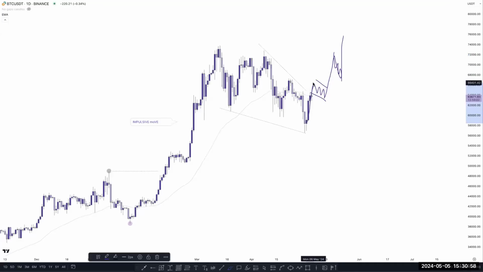Why? Because this is impulse and this is a correction and this is impulse. So we can expect in Bitcoin in upcoming days, overall structure looks bullish here. Right now, there is no bullish confirmation. Okay, but structure is bullish, but you don't need to buy here right now, and you don't need to sell here. You need to wait for price observation. If market gives any bullish indication, then you can take risk here for the buy.